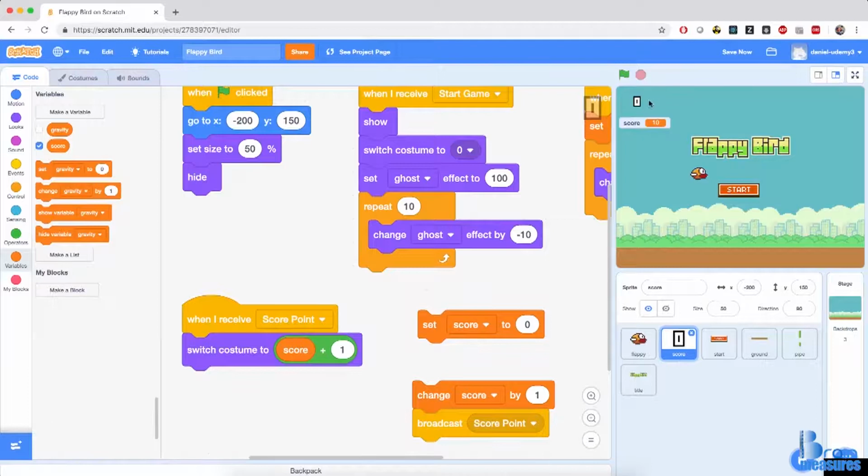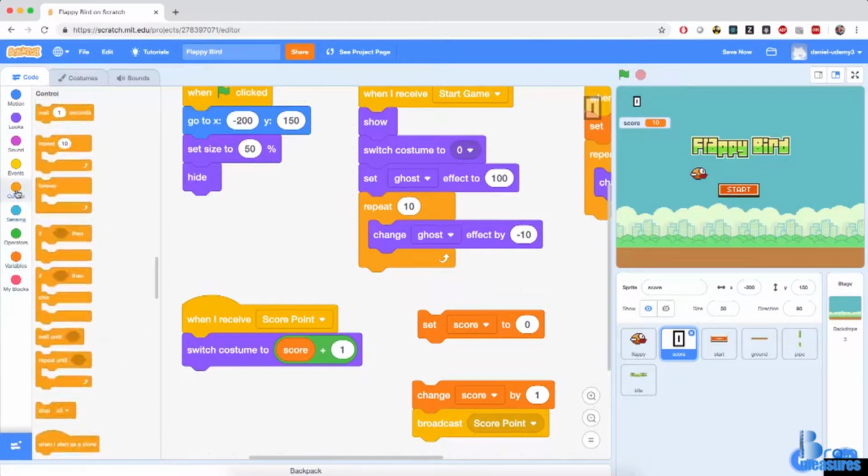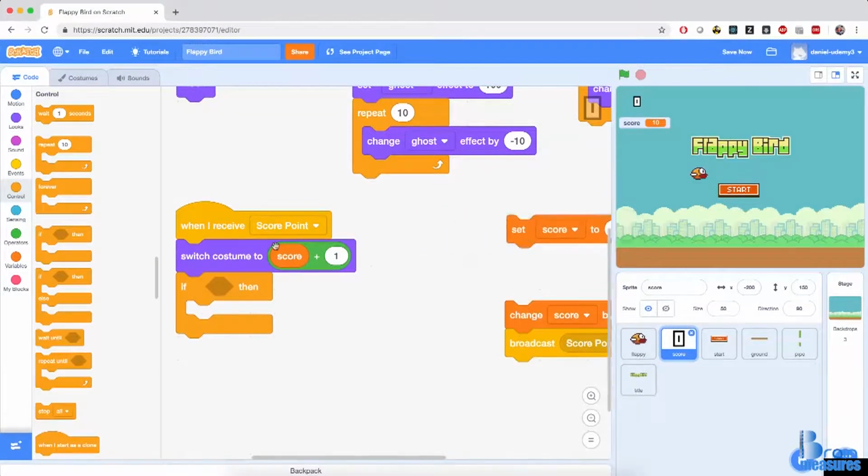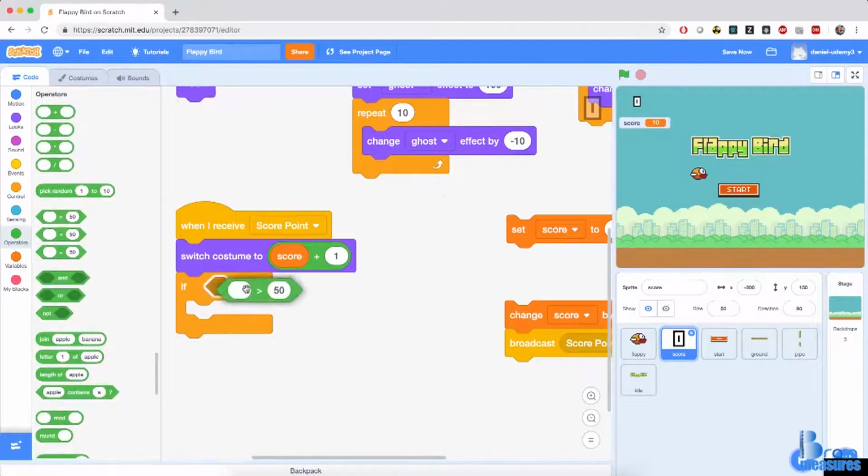So we need to create another digit on the stage, which means creating a clone. So I'm going to go to control and bring in the if block and put it right below the switching costume. Now I'm going to move these little blocks a little away, and in the diamond shaped block I'm going to bring in an operator saying if the score is bigger than 9. So I'm going to right click on the rounded score block and duplicate it here. So if the score is bigger than 9, then I've passed the 10 mark, so I need to create a